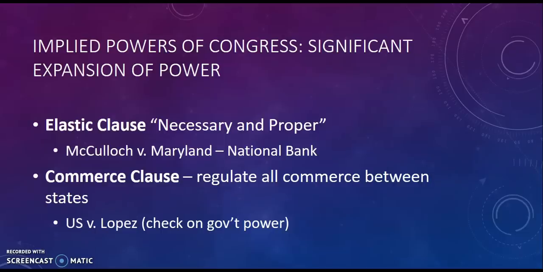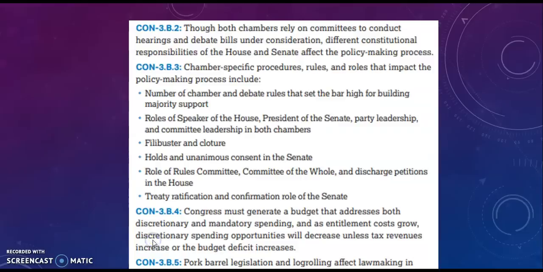However, there are also implied powers that have strength in the national government, in particular Congress, the Elastic Clause. They have the ability to pass any law that they deem necessary and proper. What does that mean? That's very ambiguous. Another huge clause is the Commerce Clause, which allows the government to regulate all commerce between states. This does not get checked until U.S. v. Lopez in the 1990s, where there's going to be some pushback. But, especially in the 1900s, you're going to see Congress regulating anything that crosses state lines. That includes television signals, radio signals. That includes any product that goes between state lines. I mean, it is quite incredible when you look at some of the powers there.